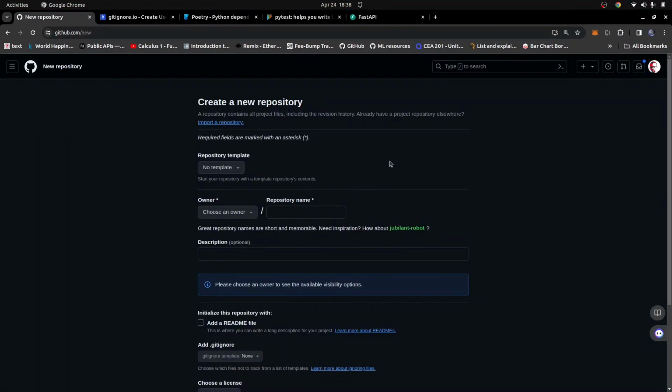So you need to have GitHub installed. You need to have a GitHub account. So I simply went ahead and clicked on new repository. I need to fill this in to create a new repository. So I'm going to say